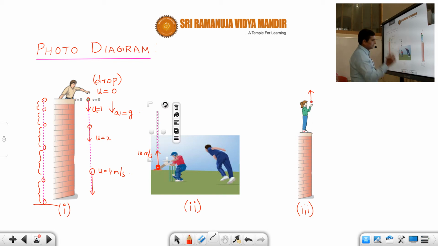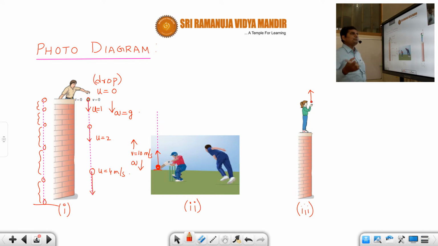Now can it go like this only, students? Can it go upwards like that only? No. Why? Because even though the velocity is in the upward direction, the acceleration is in which direction, students? The velocity is upwards, but the acceleration is downwards. Why? Because any object which is in air will experience a constant acceleration of g downwards. So the direction of velocity and acceleration are opposite. So what will happen? The speed of the ball decreases.